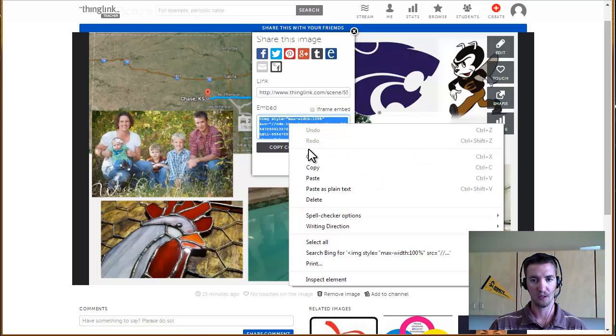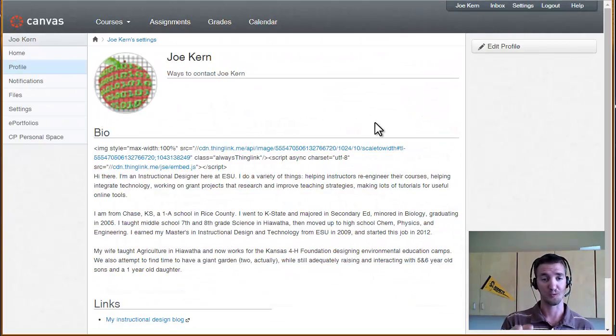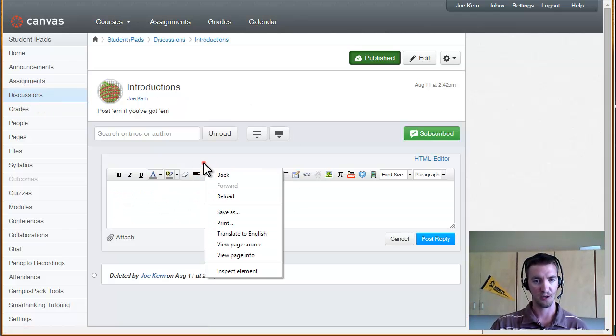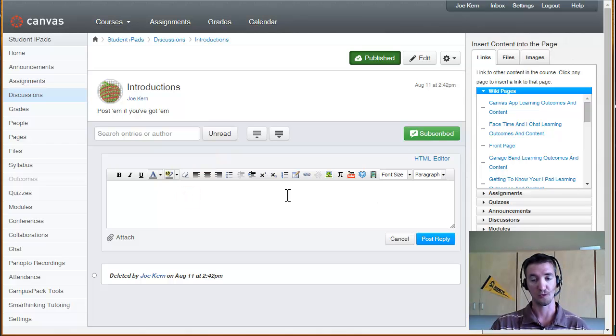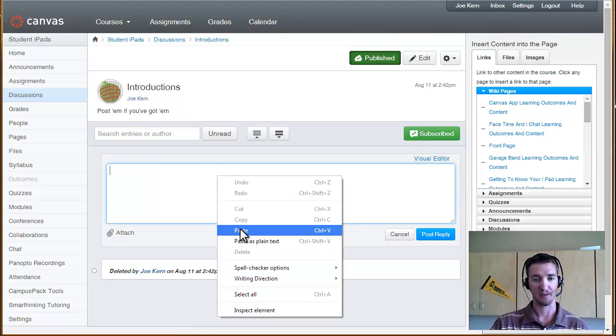Now from ThingLink, I can share. I'm going to copy the embed code. Now if I go to my bio, the original plan was to show how your image could be embedded on your profile, but they don't let you put pictures on your profile, which is a little bit ridiculous. So my embed code just looks like that. So instead, let's say you have a discussion of introduction. So on here, you or your students can reply, and you go to HTML editor. You can paste that embed code,